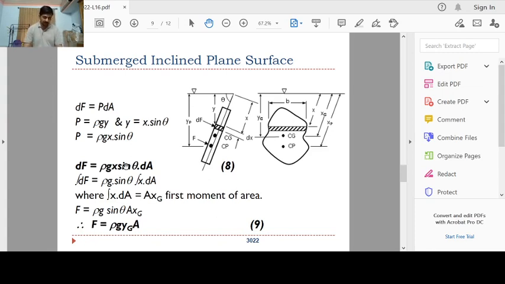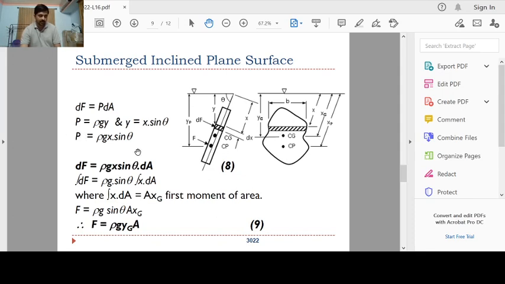Now in the case of the inclined plane surface, the derivation is somewhat difficult. Again, the analysis remains the same. We are taking a small strip. This is the actual case: an inclined plane surface, with inclination at an angle theta with respect to the horizontal. This is the equivalent cross-sectional view of this inclined plane surface. Again, a small strip of width b and small thickness is taken and analyzed.